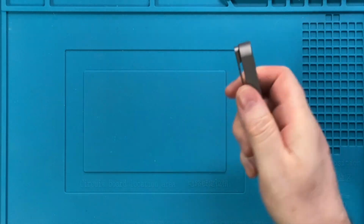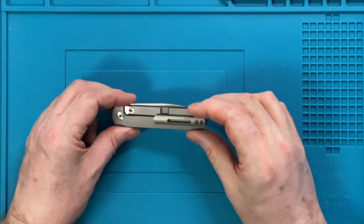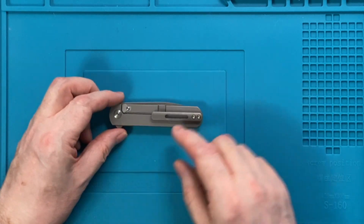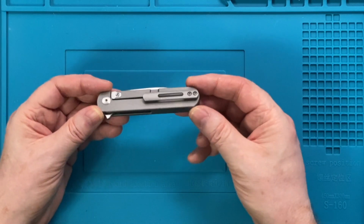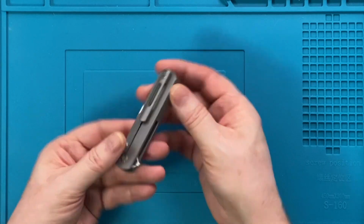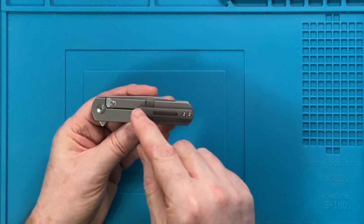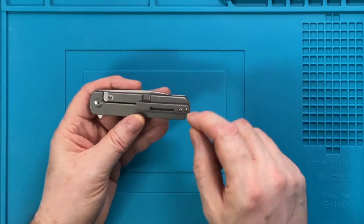Next, it's not easy to get excited about a pocket clip, but this clip is really beautiful. It's a separate piece of titanium attached by 2 screws. It's made of the same material as the main body and finished to the same satin finish. And the shape mirrors the shape of the body. It's sculpted with the top being curved in a way that reflects the curve of the body. The ends are curved in the same proportions as the curve of the ends of the body, and this slot